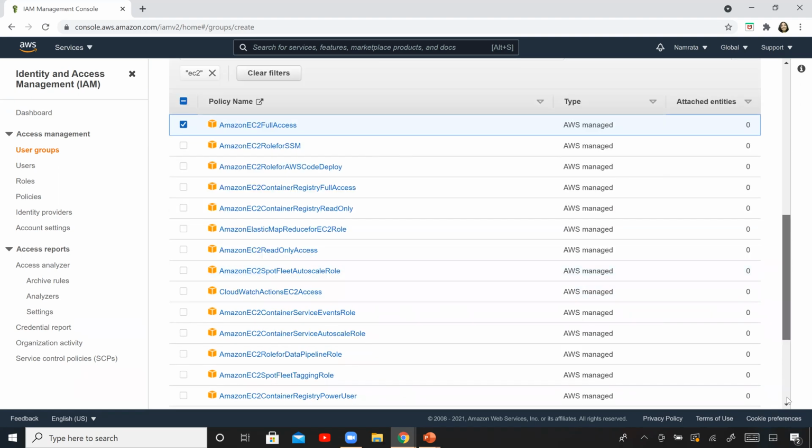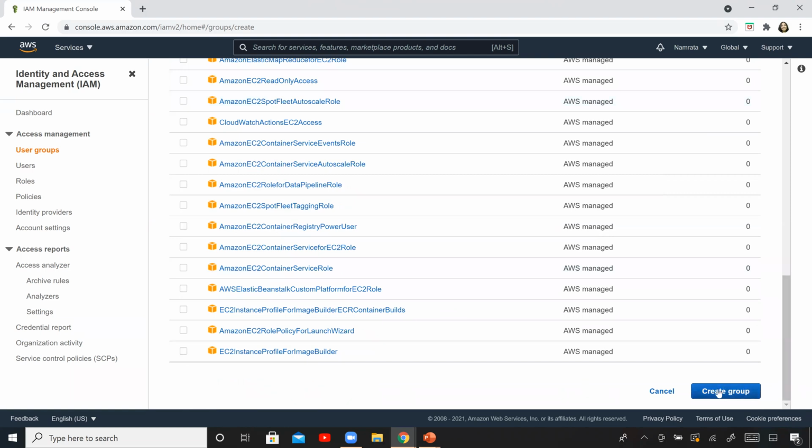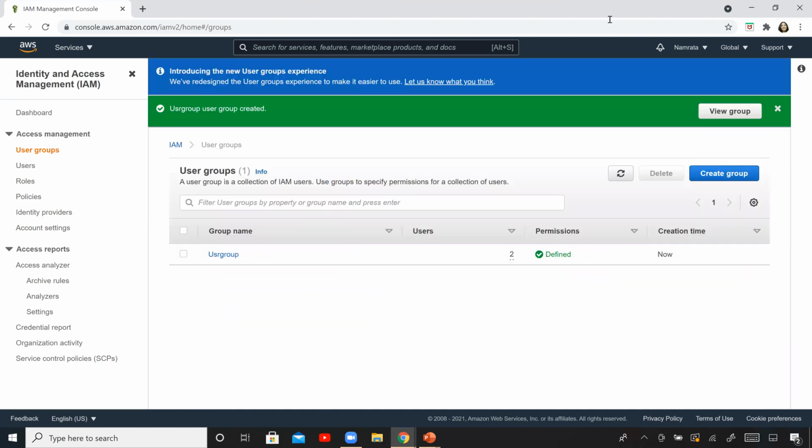So scroll down and click on create group. So your group has been created. And we have two users that are part of this particular group. And remember, we have attached three policies. So our group was created successfully.